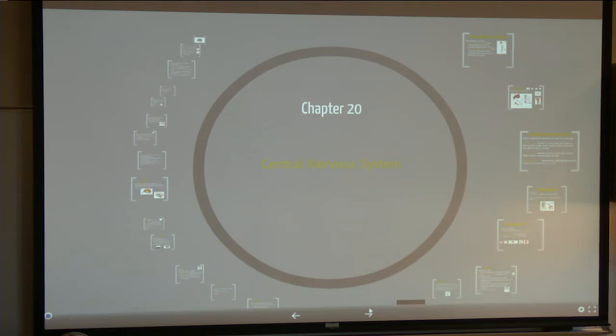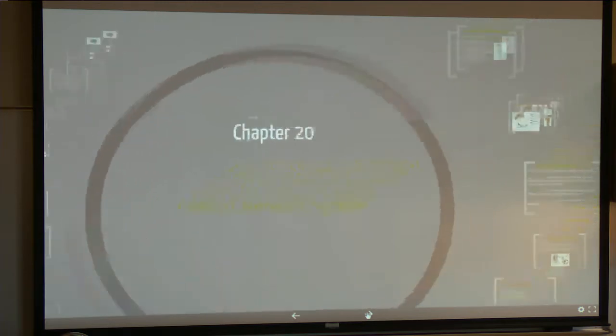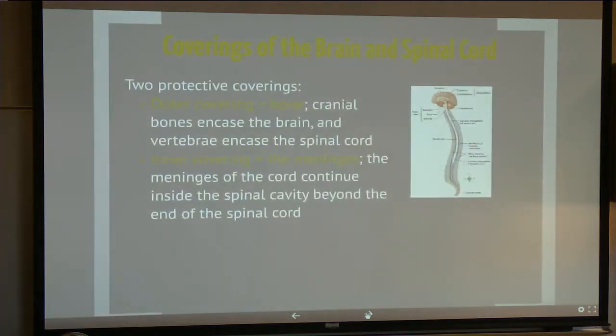Okay, so we're going to take a look at chapter number 20. We're just going to look at the first half of chapter number 20. We will stop when we get to the brain, because that content we will cover together before we do our brain dissection. So looking at the first part of this chapter, we're going to talk about coverings of the brain